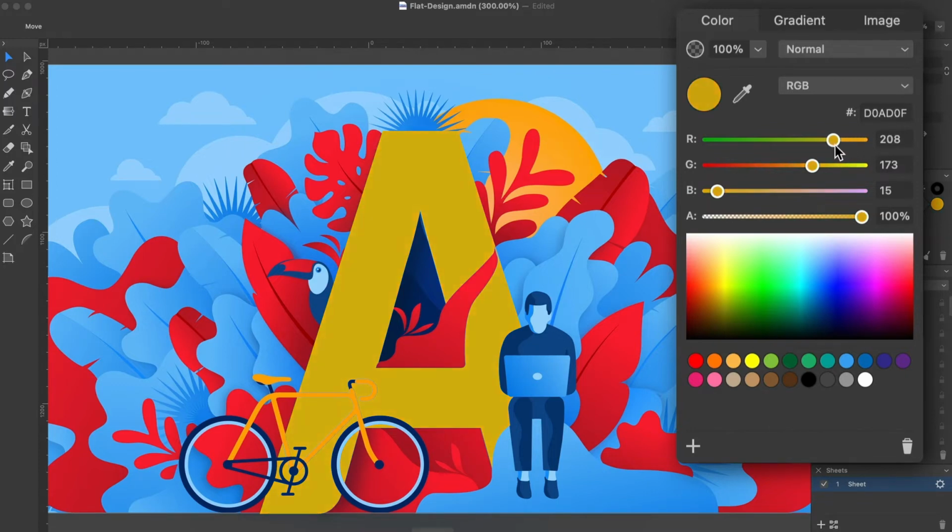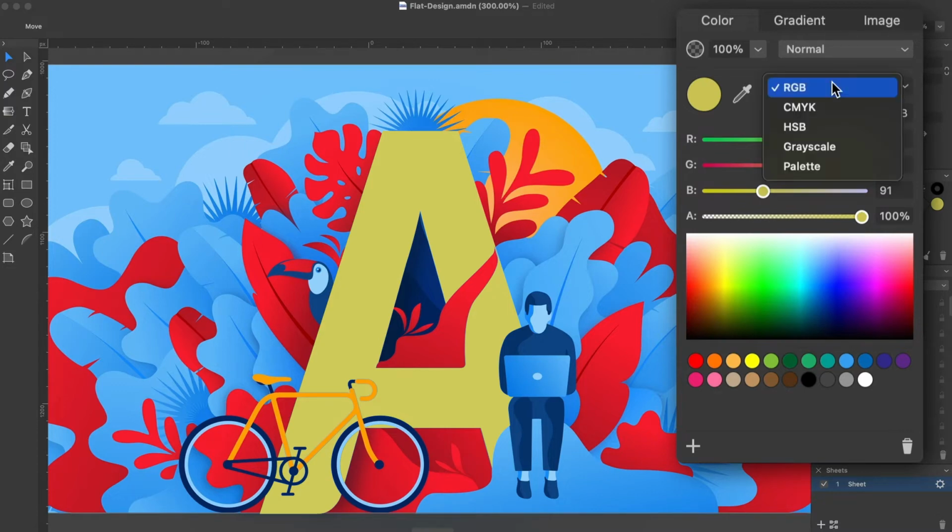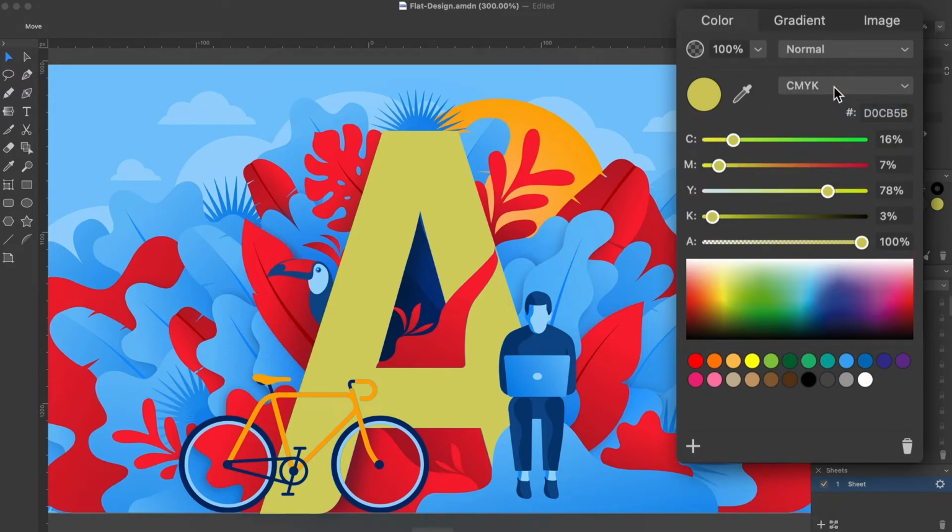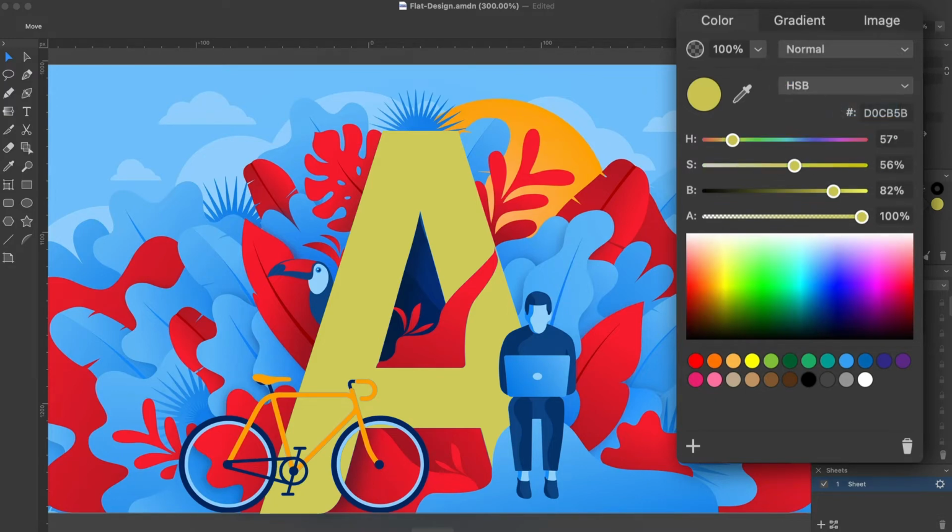You can use the sliders to adjust the color that came from the eyedropper and also to set up a color from scratch. Let me remind you that any color that you can see on your screen can be created as a composition of the base colors. Currently, it is RGB, which stands for red, green, and blue. There are several other conventional ways to define a color. In this drop-down menu, we can also choose CMYK, which is a mixture of cyan, magenta, yellow, and black. It can also be a combination of hue, saturation, and brightness. The opacity slider comes together with each set of the color sliders.